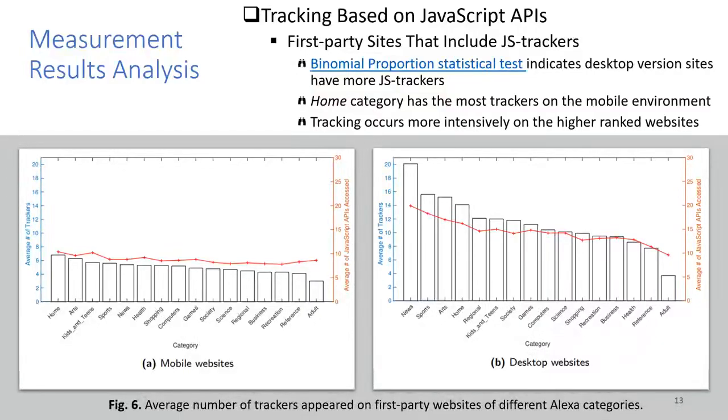Now let's check some facts from the perspective of first-party websites. First, we did a binomial proportion test. The result indicates that desktop version websites are more likely to have more JS trackers. And second, as you can tell from those two sub-figures,